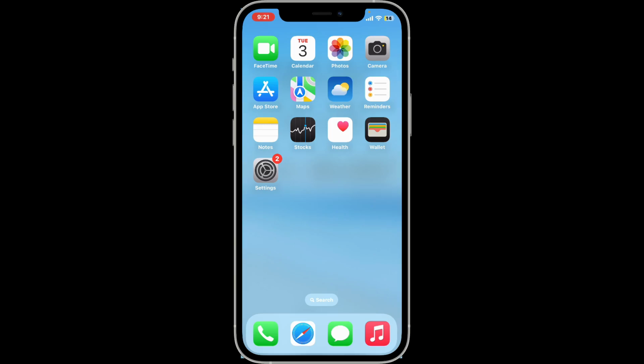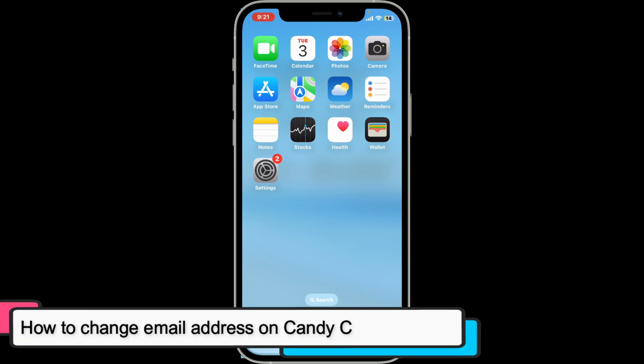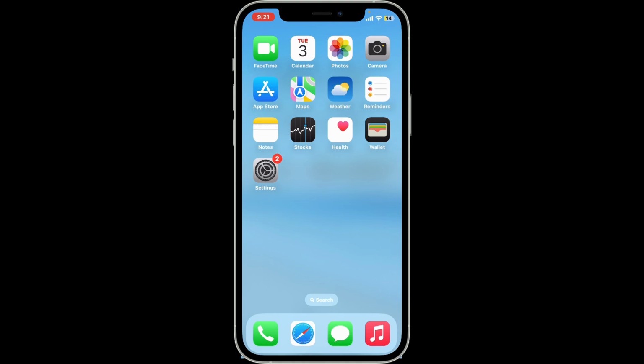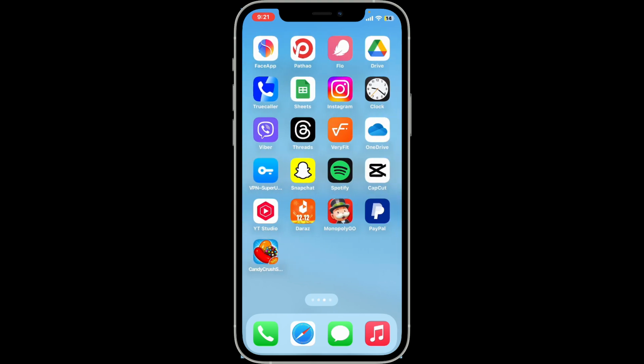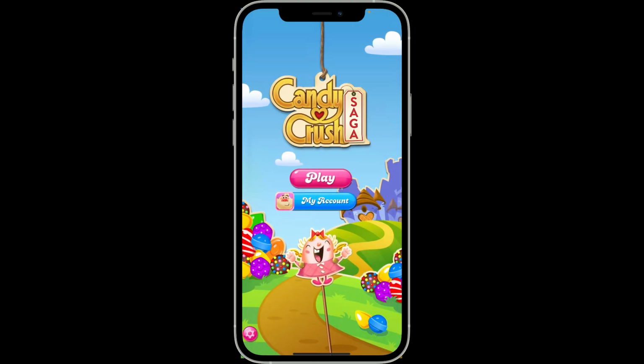In this video, we will be learning how to change the email address associated with your Candy Crush Saga account. To change the email address in Candy Crush Saga, you'll need to sign into Candy Crush Saga with your King account. Launch the Candy Crush Saga application to get started and tap on the My Account